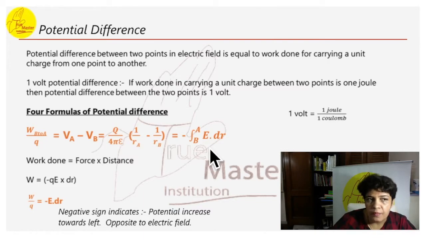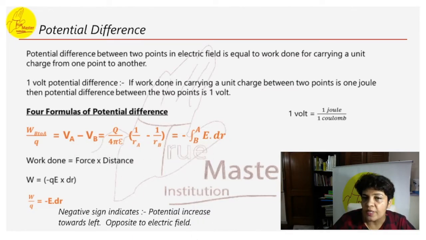Now the work done from point B to A can be written as charge into the potential at point A minus the potential at B. So the work is Q into (VA minus VB). Maybe in a question, how much work done is asked, and the values for Q, VA, VB are given to you. So in numericals you will have questions like these, where you can equate any of them together.